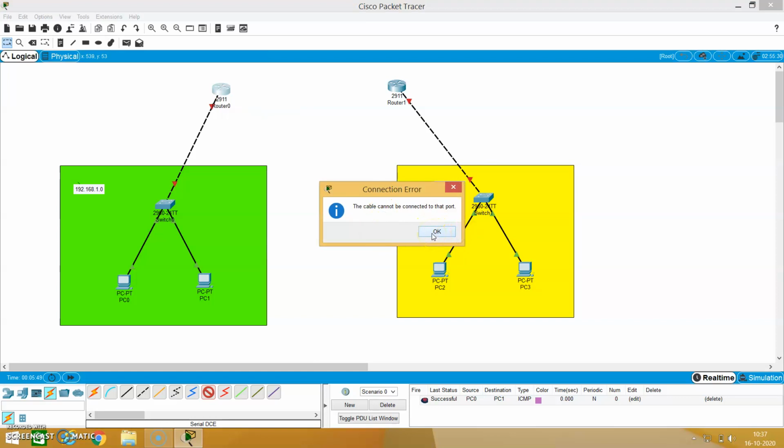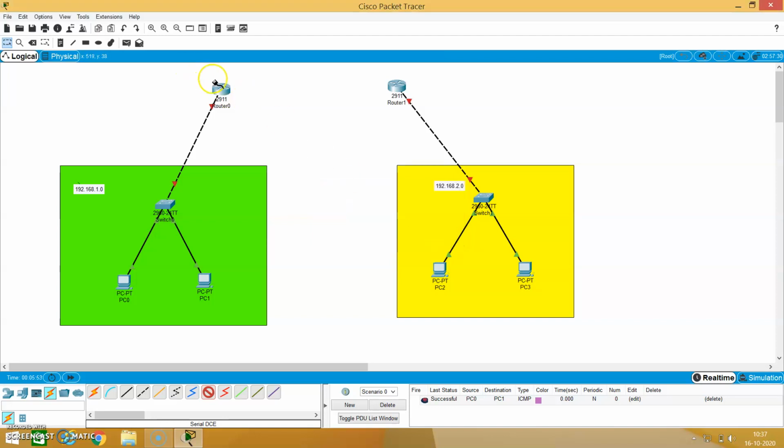For that, we need a separate port called a serial port. By default, we won't have a serial port in this router. So we need to install a card, as you install a graphics card in your system. Like that, you can install a newly purchased serial port into your router.